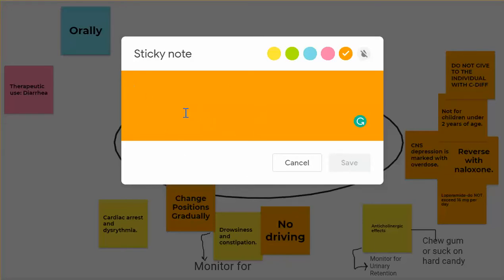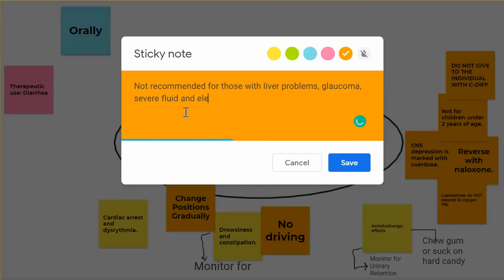So it's really not recommended for those with liver problems. Those with glaucoma, severe fluid and electrolyte imbalances, any kind of diarrhea due to poisoning,